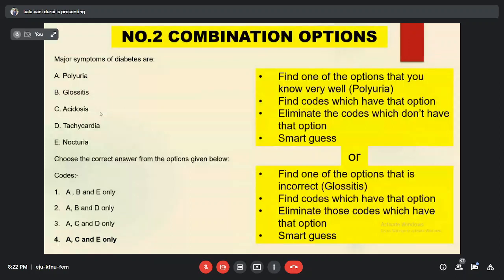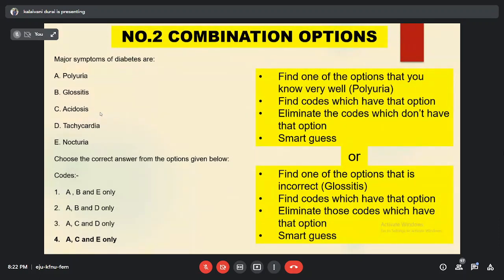Second option is that just try to see each and every option which is given here. So third mein A, C, D hai. So A matlab polyuria, yeah, I'm very sure. Then C, acidosis, and D, tachycardia is there. Next is what is there in fourth option, polyuria is there, acidosis is there, nocturia is there. Now try to do just a basic smart guess, you don't need so much of subject knowledge and all. Tachycardia, cardia matlab something related to heart maybe. Okay, nocturia,